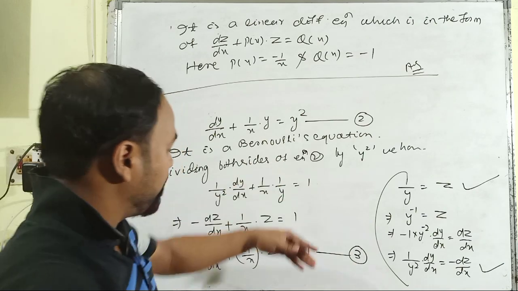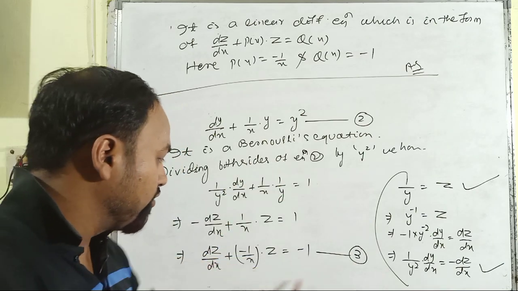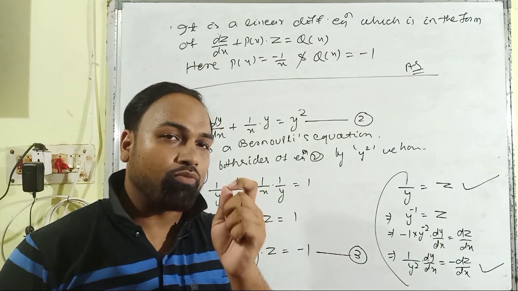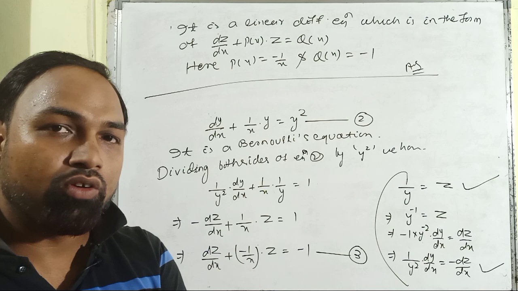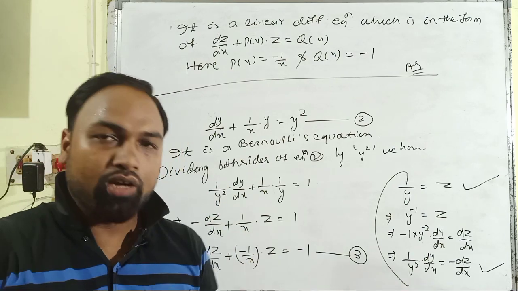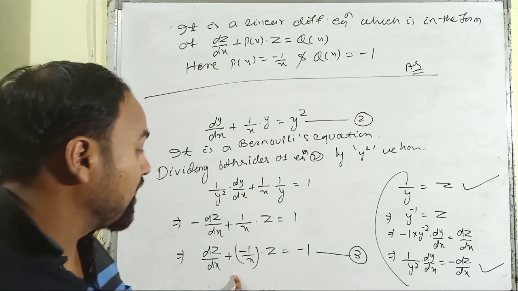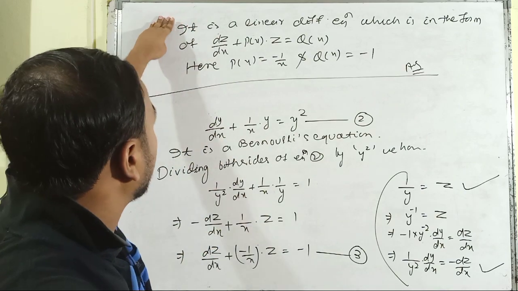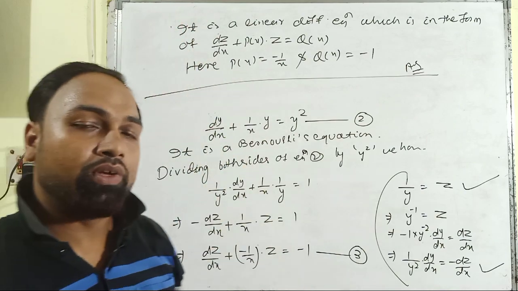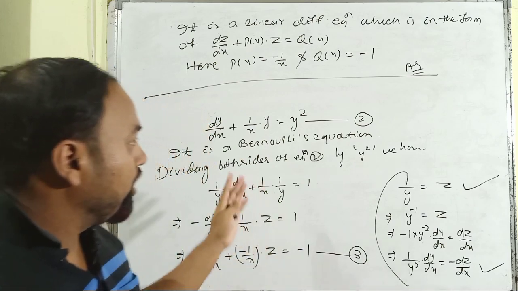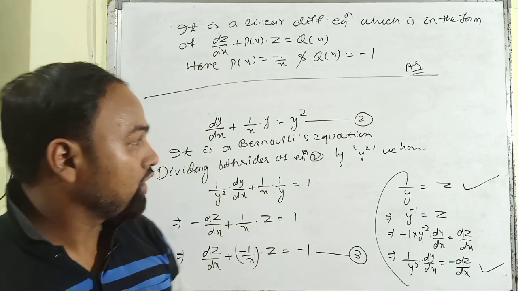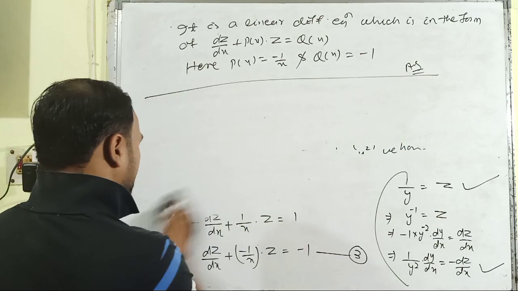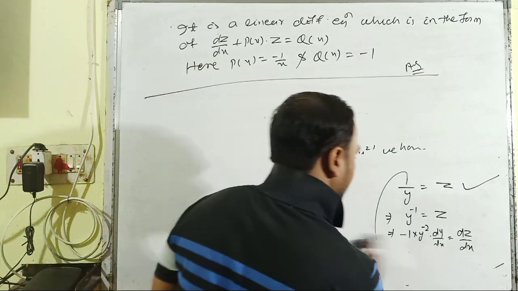You can skip from this step also and write this as the answer, because we were just asked to reduce the given Bernoulli differential equation into the linear differential equation form, and here it is the answer. But write down these steps here so that the answer will be complete. So that is all about problem number 3. Then let us go through the last problem of this session and then we can conclude this session.